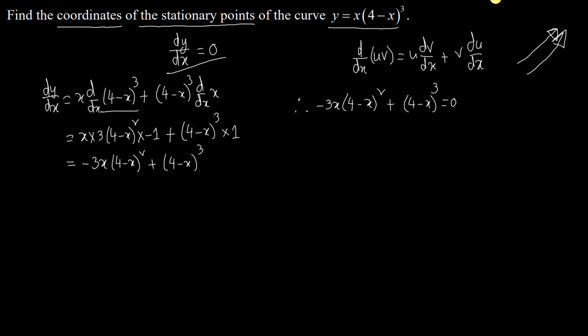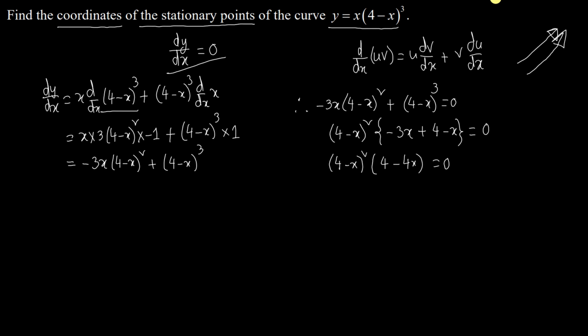Let us take (4 minus x) squared common. We can write the remaining part, which is minus 3x plus (4 minus x) inside the second bracket, the remaining parts we wrote here. Then we got the final expression, which is (4 minus x) whole square. Then another factor is 4 minus 4x